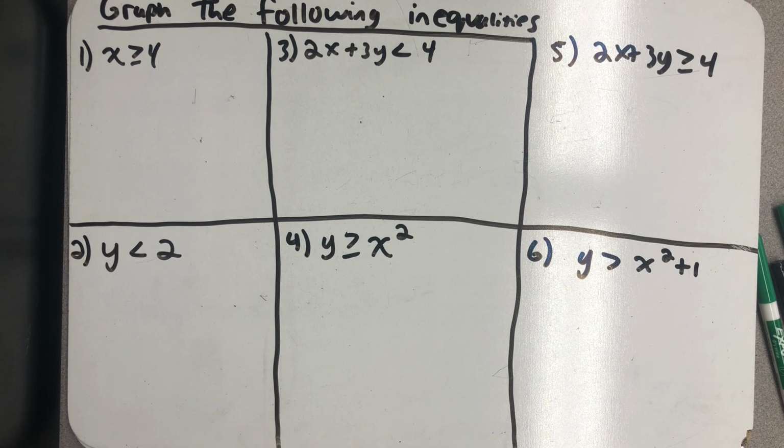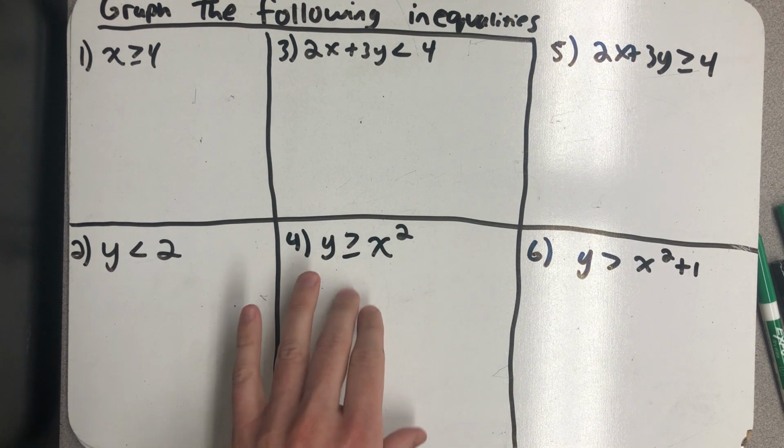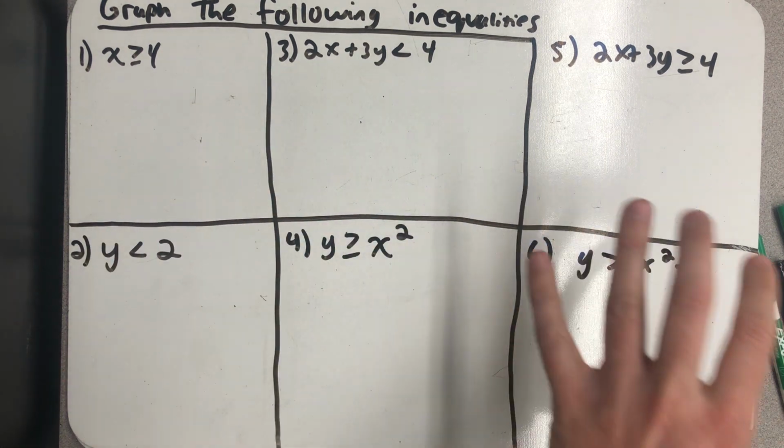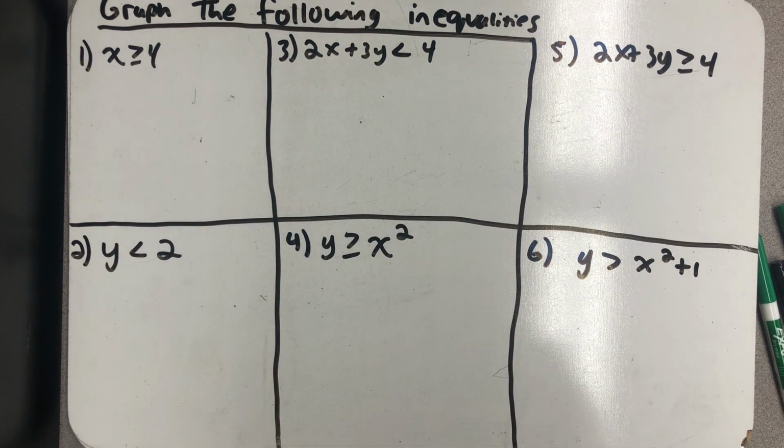In this video, I want to graph these 6 inequalities and just talk about how to graph inequalities. The first thing I'm going to do in each instance is graph an equation. I'm going to ignore the inequality symbol itself for the first moment and just pretend it's an equation. The only bit of information I'm going to take from the inequality is whether to use a solid or a